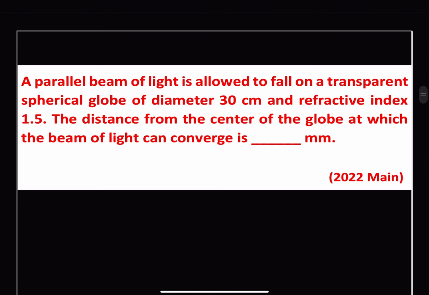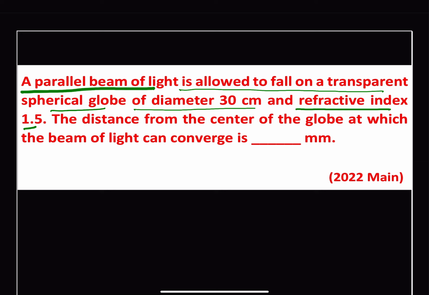We are given a parallel beam of light allowed to fall on a transparent spherical globe of diameter 30 centimeter and refractive index 1.5. The distance from the center of the globe at which the beam of light can converge is... So we are given a globe,